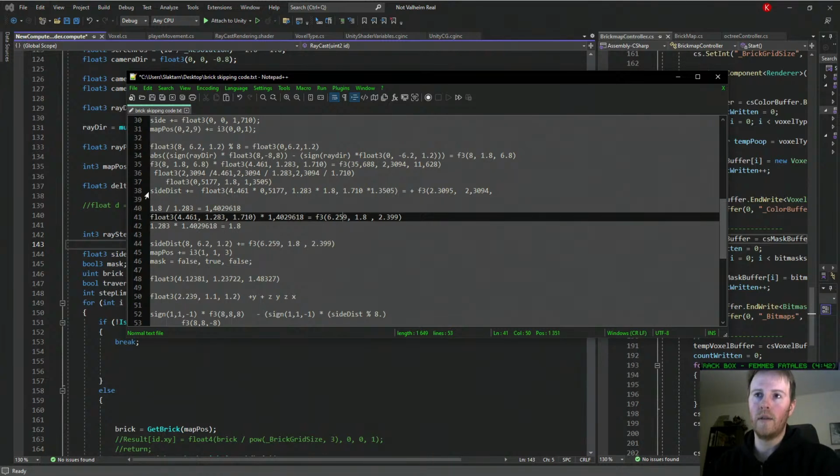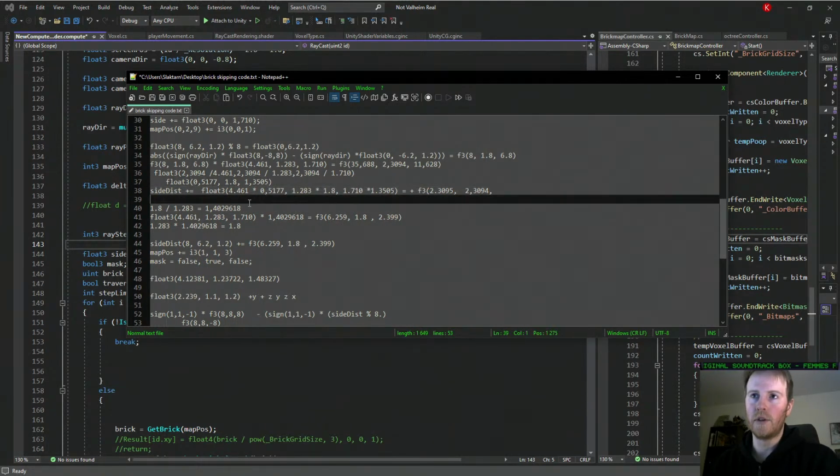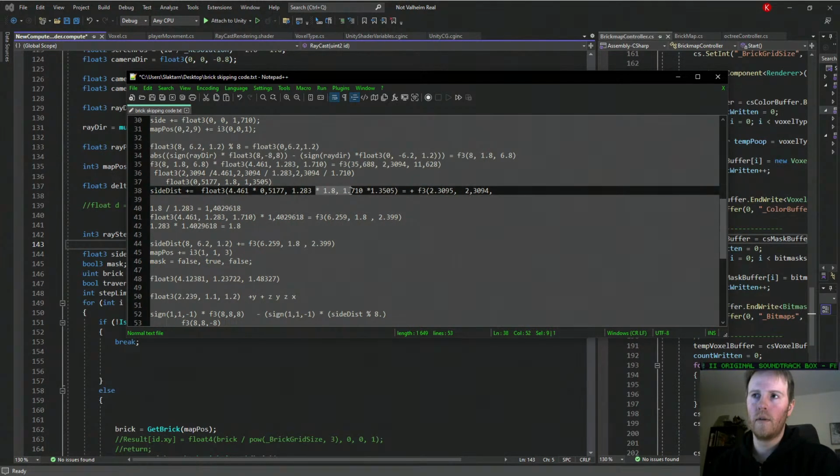You would just take the dist, the distance that you just incremented, and do some division and figure out this 1.8 or 1.2 whatever, and then just floor that and multiply the delta distance and add that to the voxel side dist. I think that's probably the way to do it, but